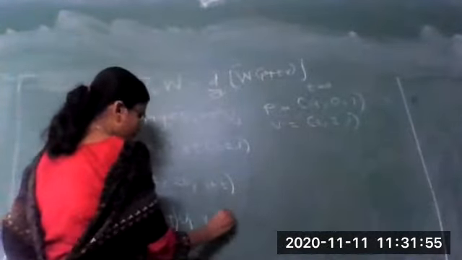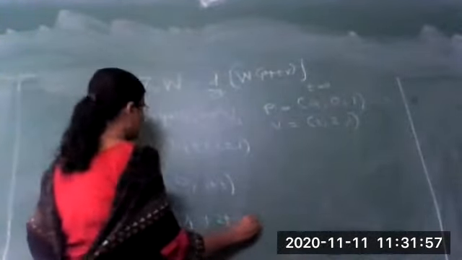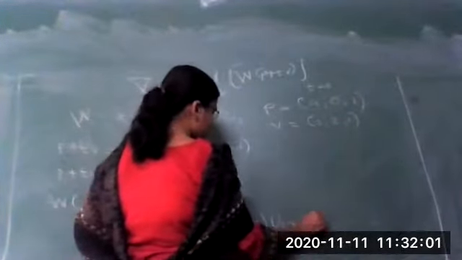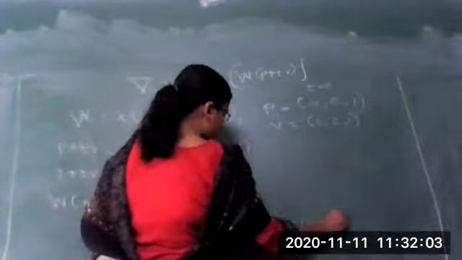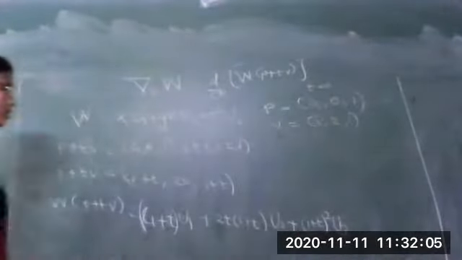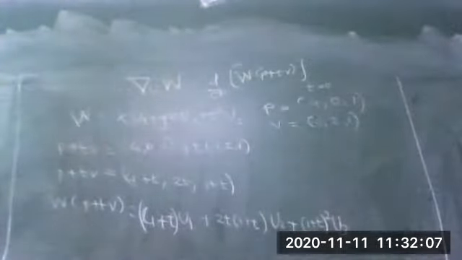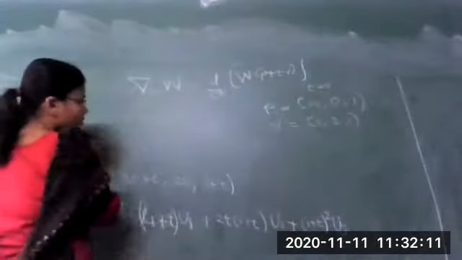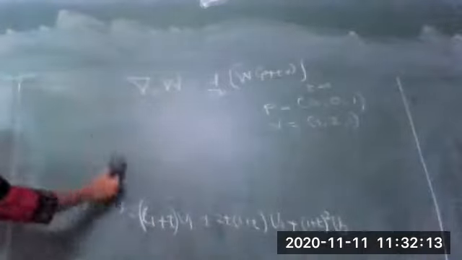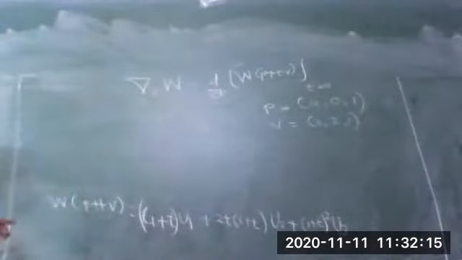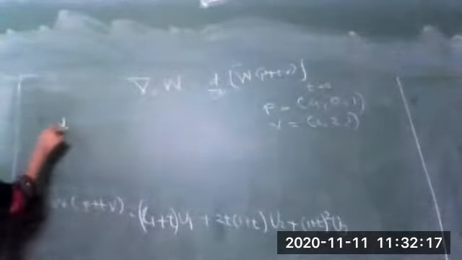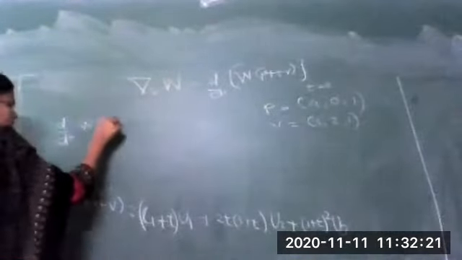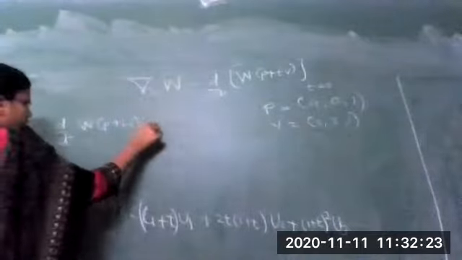Y is 2t, Z is 1 plus t, which gives u2 plus Z squared, meaning 1 plus t squared u3. Okay, so we have found W of P plus tV. If you look at the definition, first we have to find W of P plus tV, then we have to differentiate this W of P plus tV with respect to t, that is d by dt of W of P plus tV, which is equal to